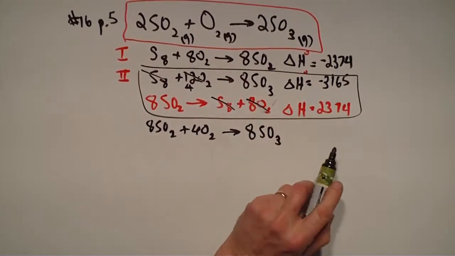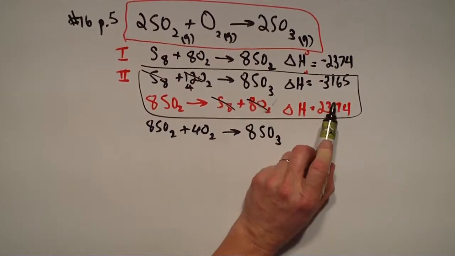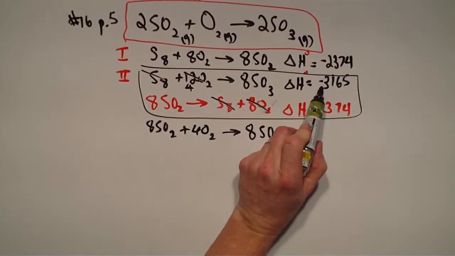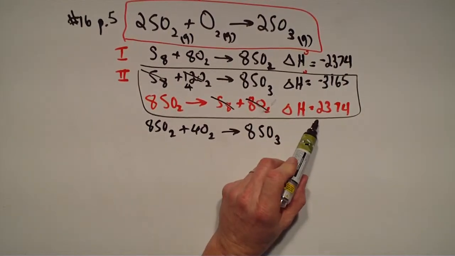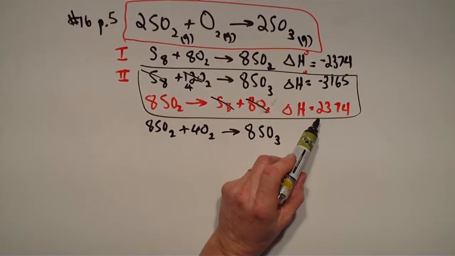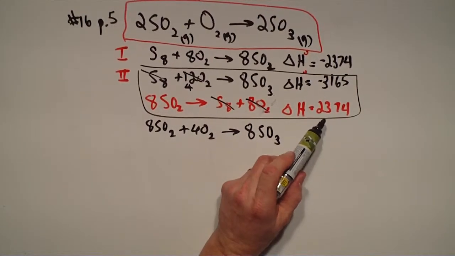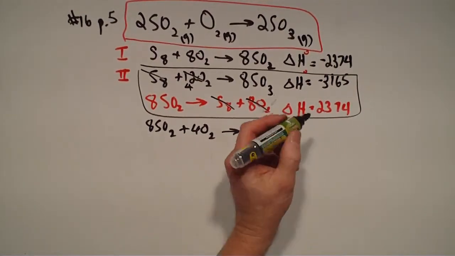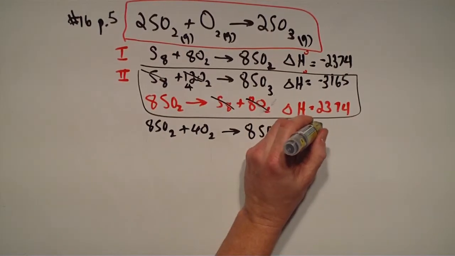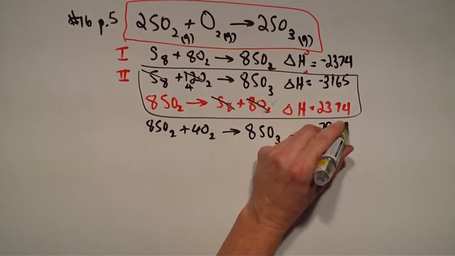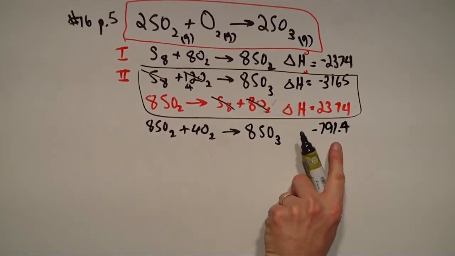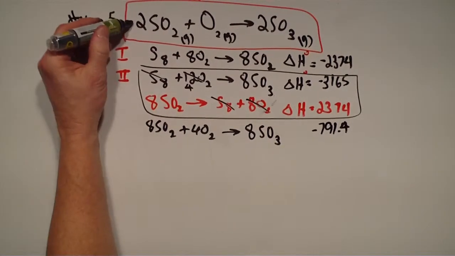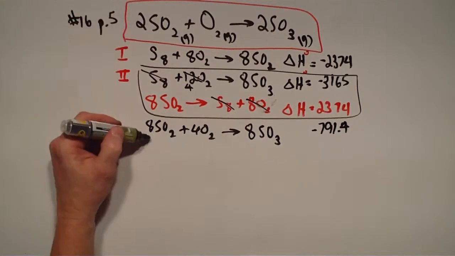And if I were to add those up, I'm going to add the negative 3,165 and the positive 2,374, and that would give me a negative 791.4. But that's not really the answer, because in my original equation I don't have 8 moles of this, I